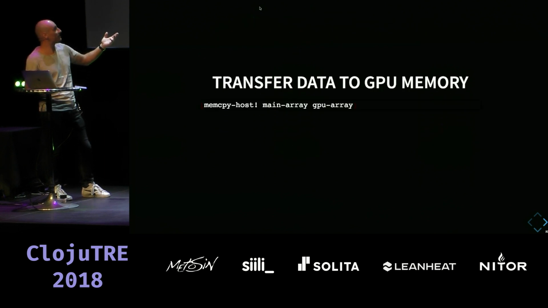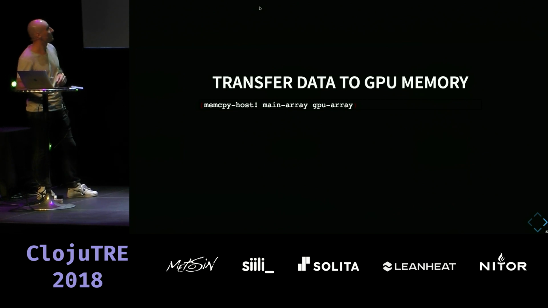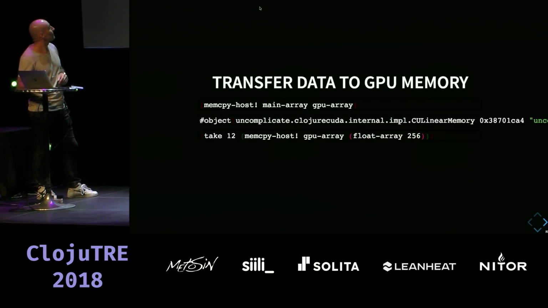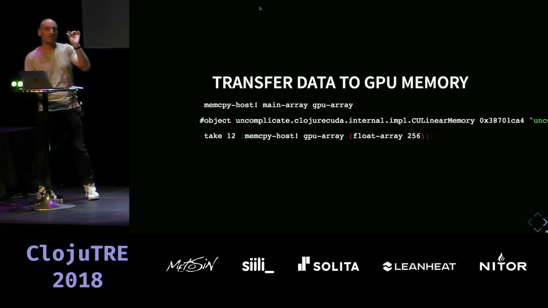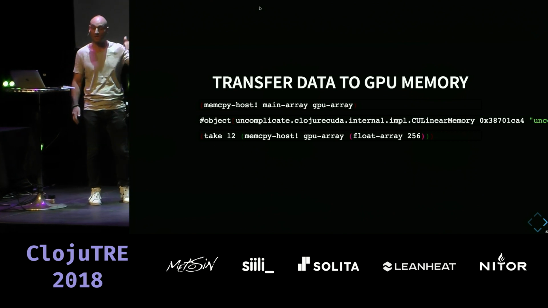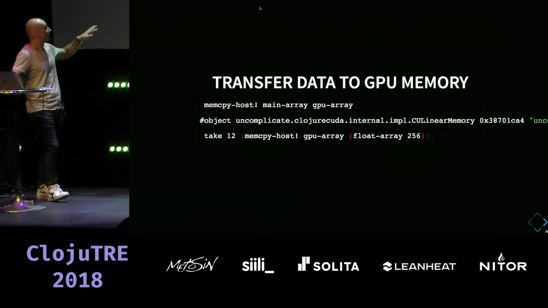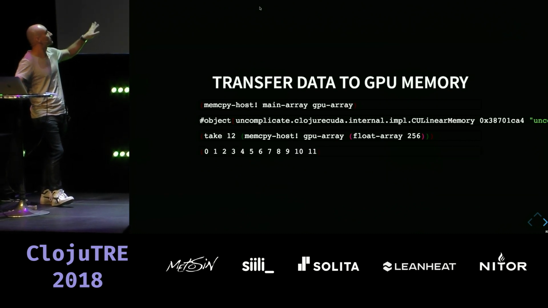Now I have to transfer the data. ClojureCUDA handles this automatically. Just give it two arrays, it will find a way to transfer them optimally. Now, I cannot access specific elements on the GPU directly, at least not efficiently. So I have to transfer data back to see whether it's correct. Okay, it is.